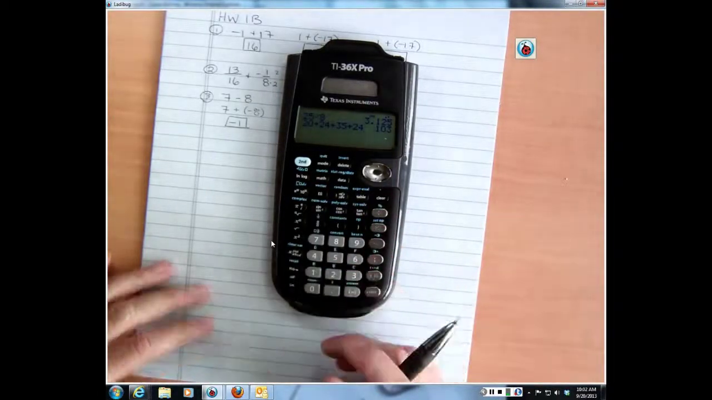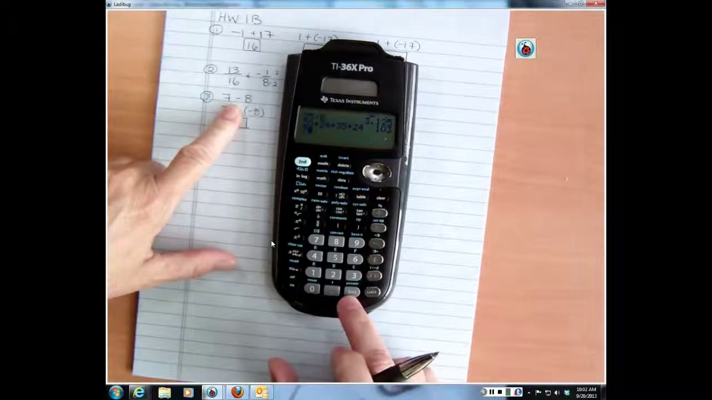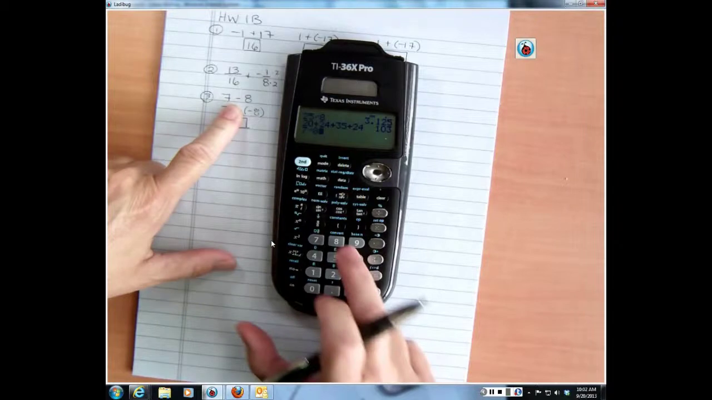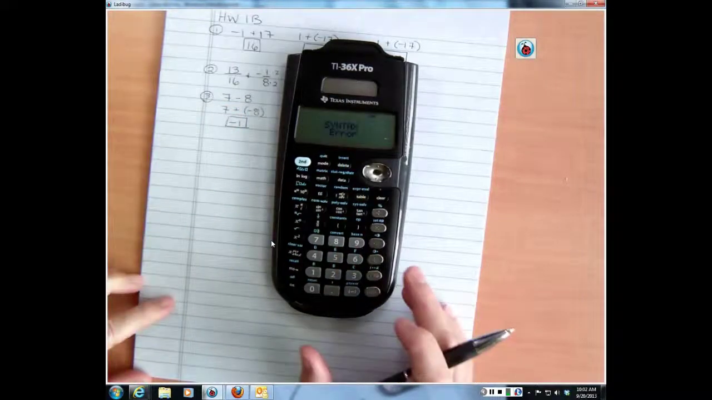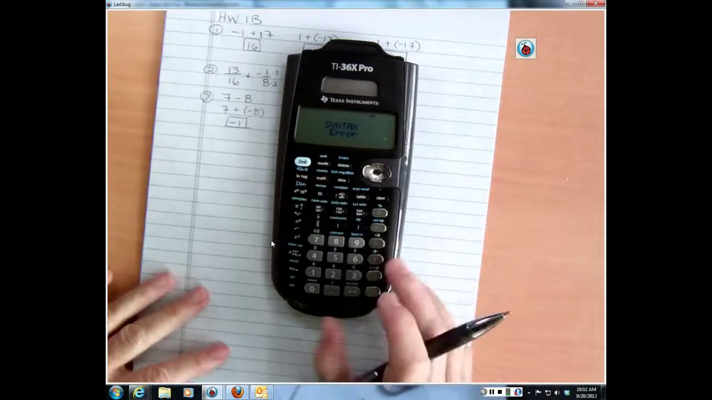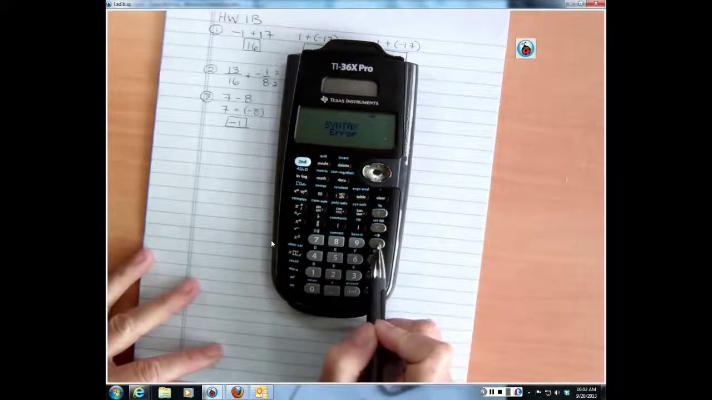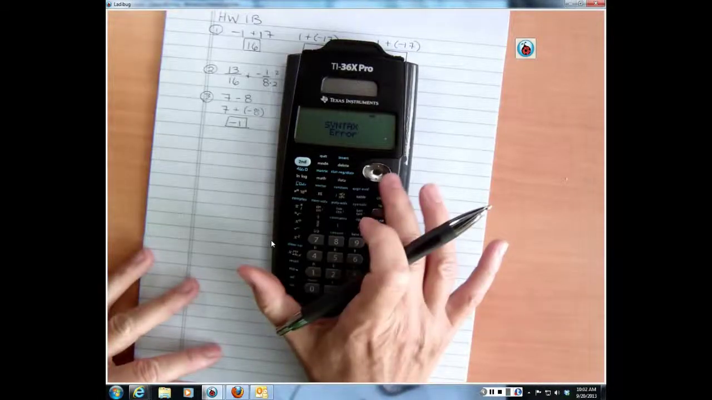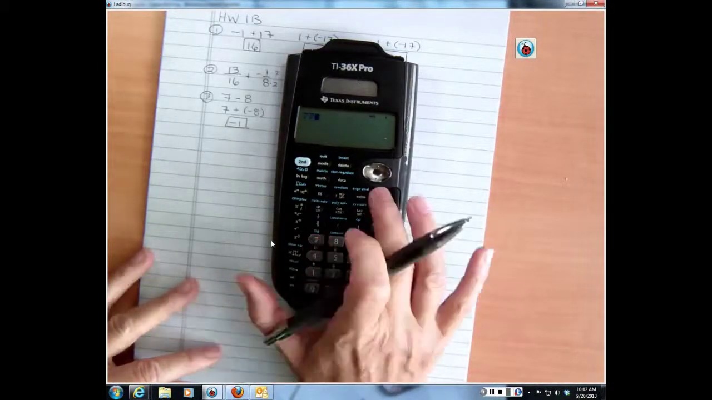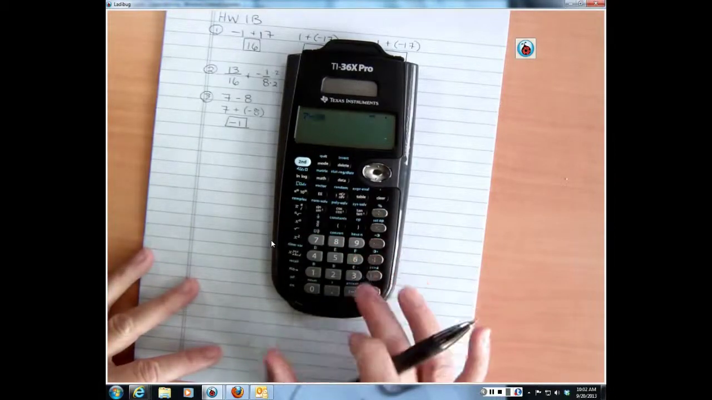Let's say I did this problem and I did 7, and I used this little sign down here, minus 8. It's going to say syntax error. This, by the way, is a TI-36X Pro, a very nice calculator for not a lot of money. This is the negative sign, and this is the subtraction sign. So if I clear that and I do 7 minus 8,